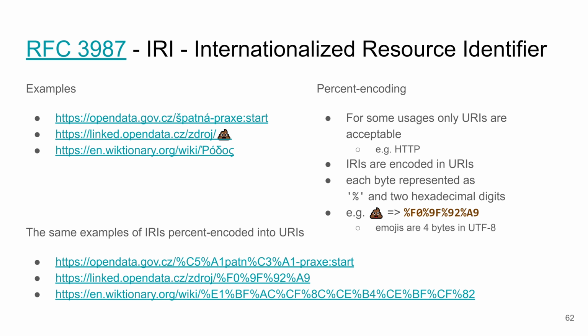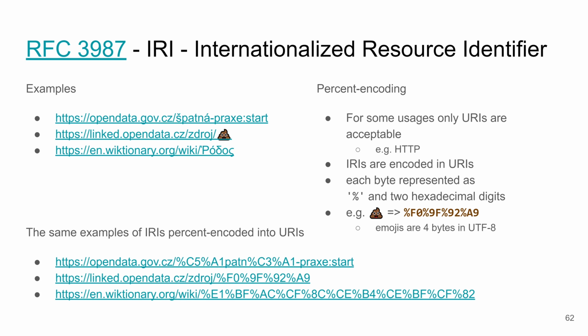Now, the problem with IRIs that you might come across is that some technologies do not work with them. For instance, HTTP requires URIs, even though the newer HTTP versions are well aware of the existence of IRIs. They still require you to use URIs. Part of the URI standard is the encoding of IRIs into URIs, which is called percent encoding. And it works like this. If your IRI contains a character which is not from the US-ASCII encoding, remember that Unicode is backwards compatible with US-ASCII, so when you go outside of US-ASCII,